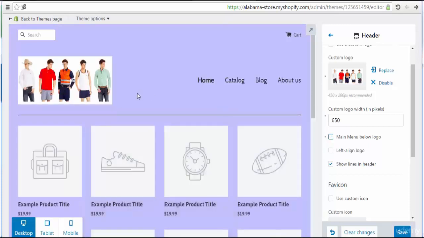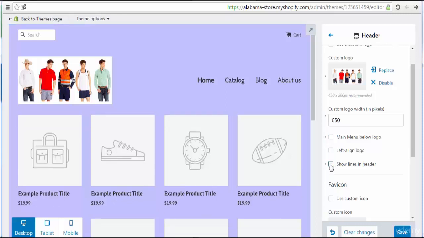Okay, that's correct. If we want to add a logo beside the menu, we can do that by unchecking the left align logo and unchecking the main menu below logo. Also, we can choose show lines in the header. Also, we can remove lines from the header. Here we go. If we want to do that,